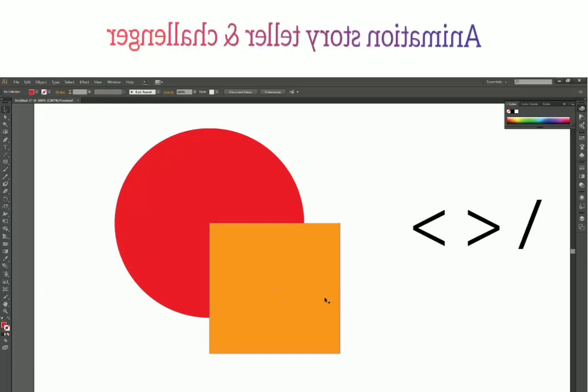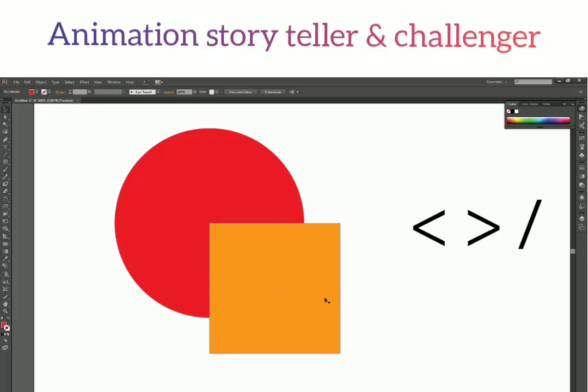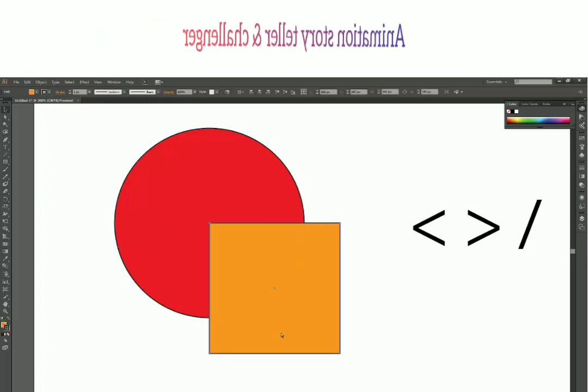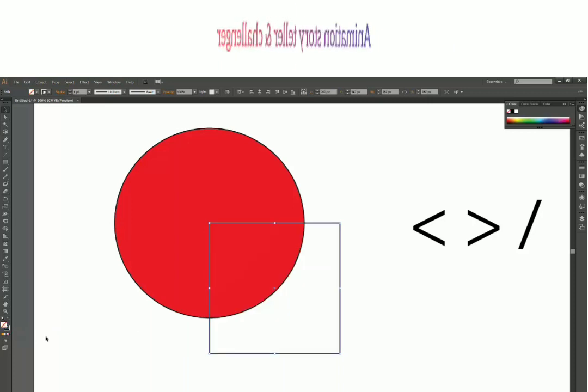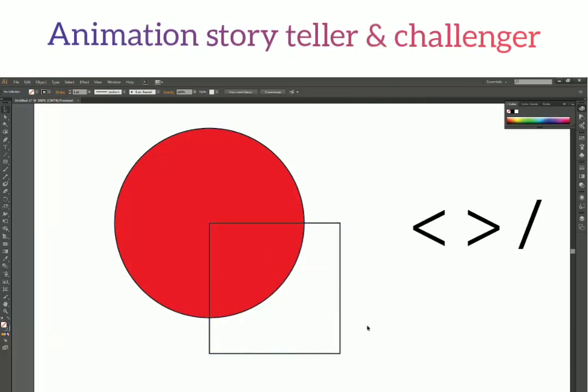The same applies for the fill also, like I just did when I had my rectangle selected and the fill was selected instead of the outline. And you can make an empty fill also.